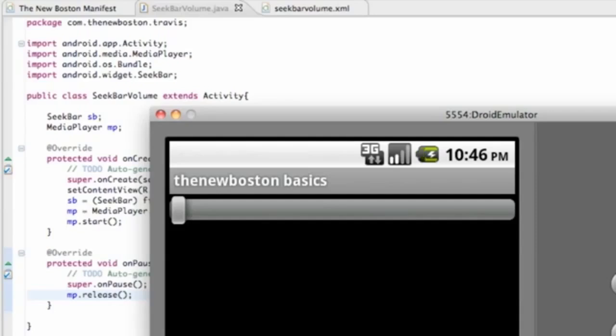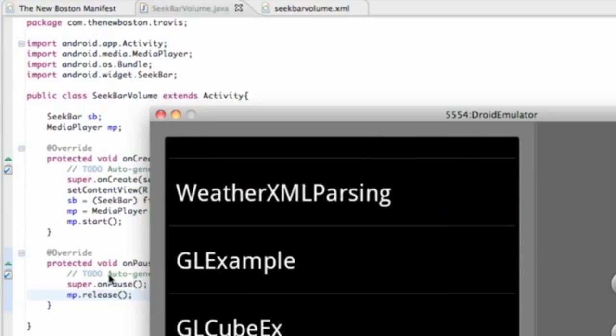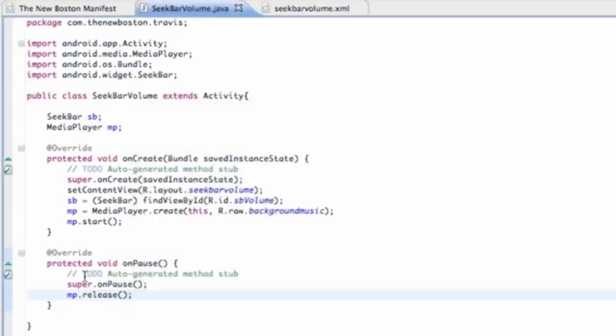What's up, guys? Welcome to your 191st Android tutorial for the new Boston. What we're going to do in this tutorial is use a seek bar to control the volume. Right now it's not programmed, so you can still hear the volume. But it's going to be 2 tutorials, and then we're going to basically wrap up our application, add some ads, put it on the marketplace, all that good stuff. So we're going to kind of go quickly,